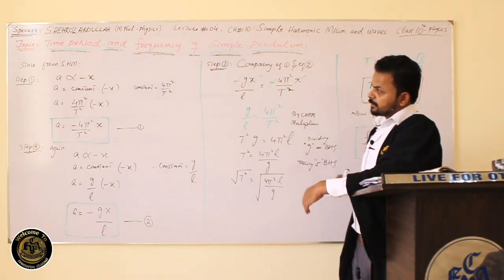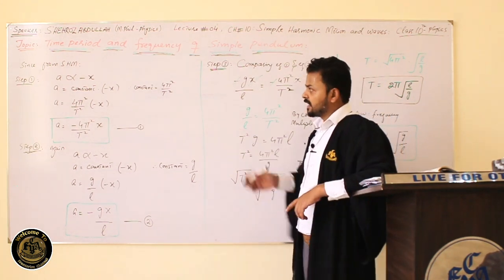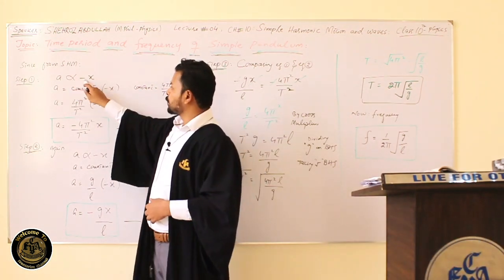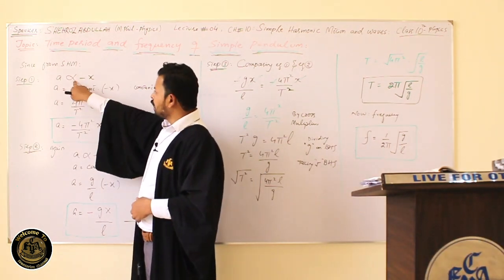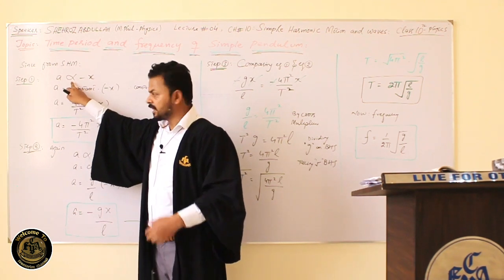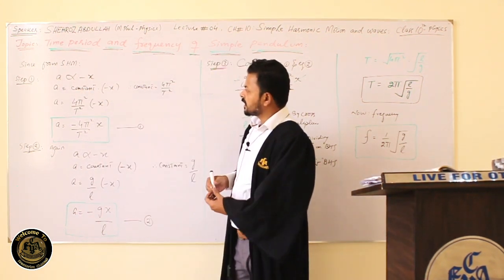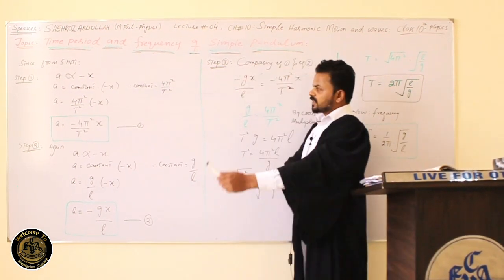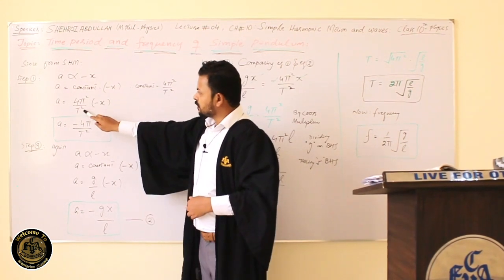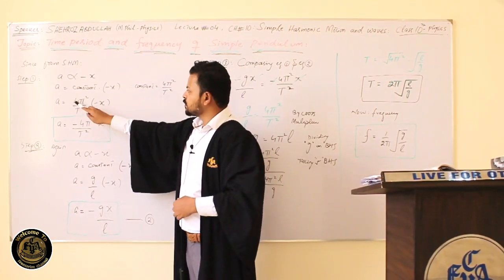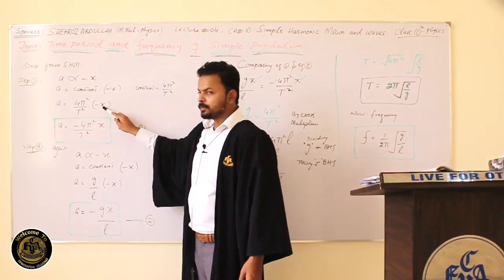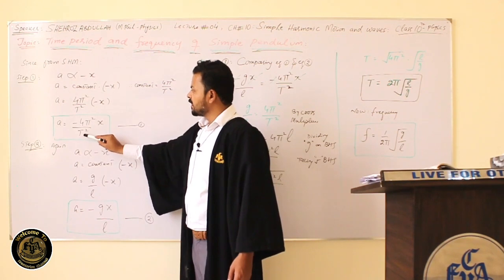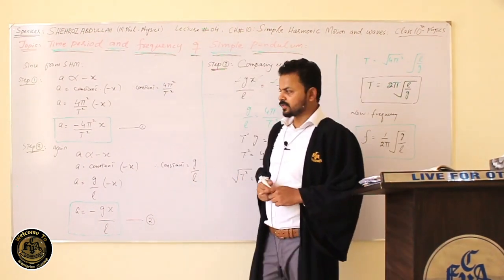So we will follow the basic principle of simple harmonic motion, that is A directly proportional to minus x. We know that this is our first step, A directly proportional to minus x, right? Okay, now we remove this proportionality sign over here and we introduce a kind of a constant over here, and the constant is 4 pi square by t square, right? Now we put that constant over here, so the equation will turn to A is equal to 4 pi square by t square into minus x, and the final equation we are going to get is minus 4 pi square divided by t square into x. This is your first equation.